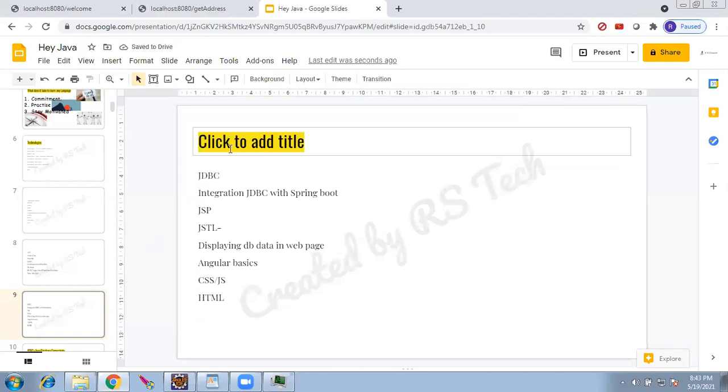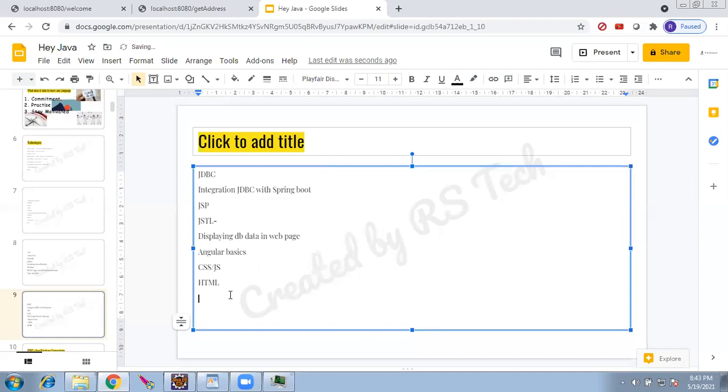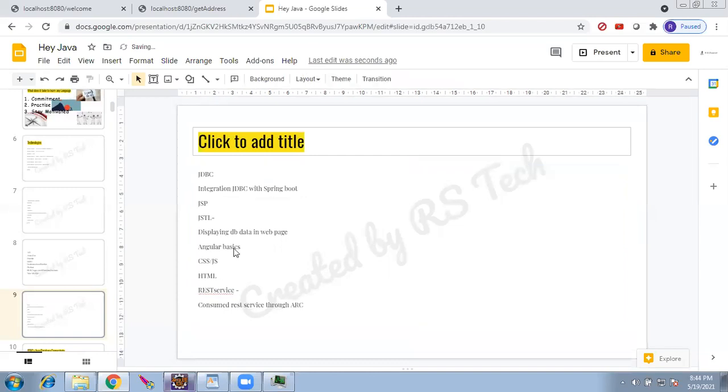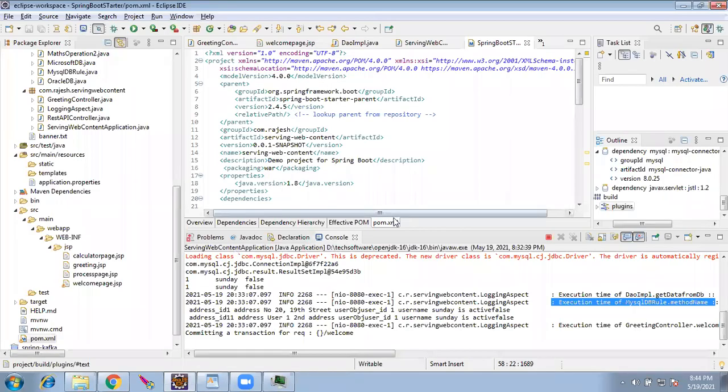And also we went through REST service. We created a REST service. We consumed the REST service through ARC. So these parts we went through. Any questions so far?